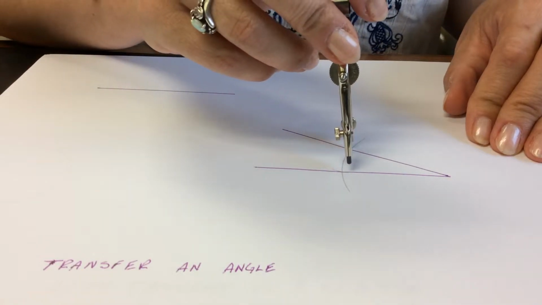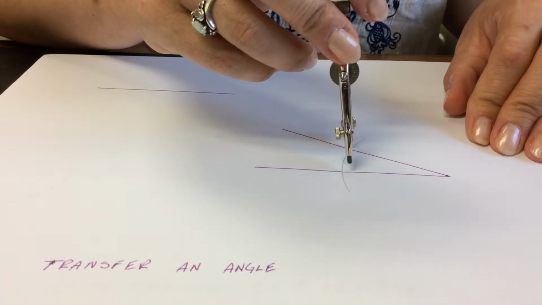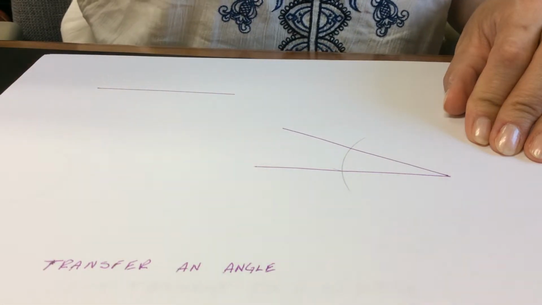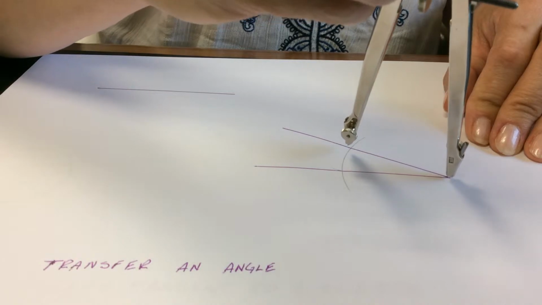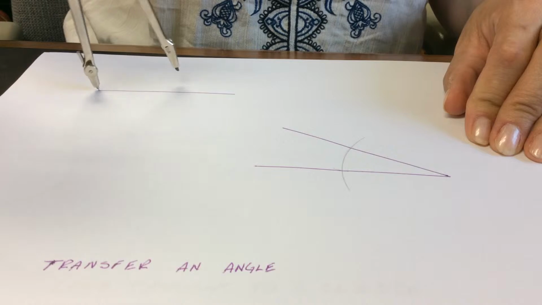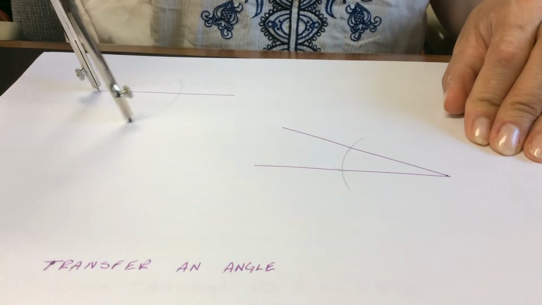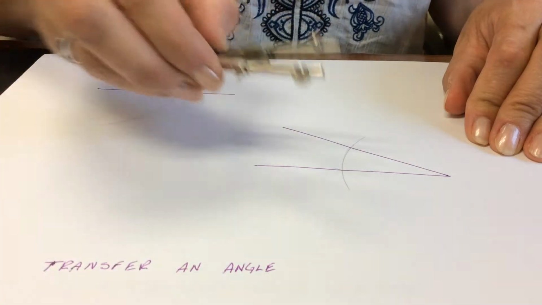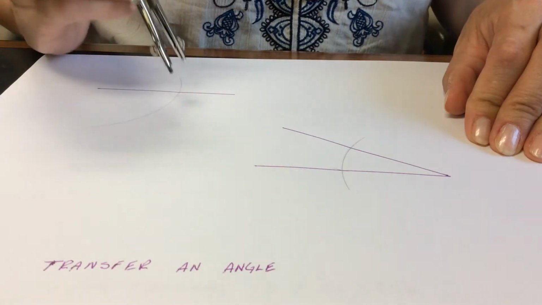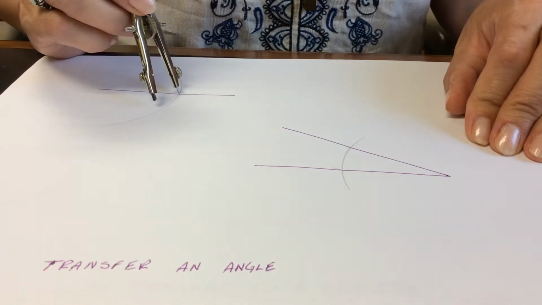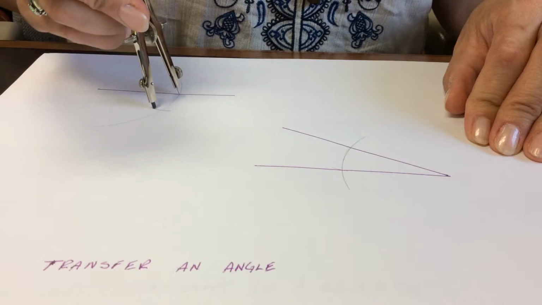And now what I'm going to do is first create this same radius arc. So this is my original arc. I'm going to create that same radius arc on the line I want to transfer the angle to. And now, this is the compass that I measured this distance with. I place this on the point where that arc intersects my line, make a mark,